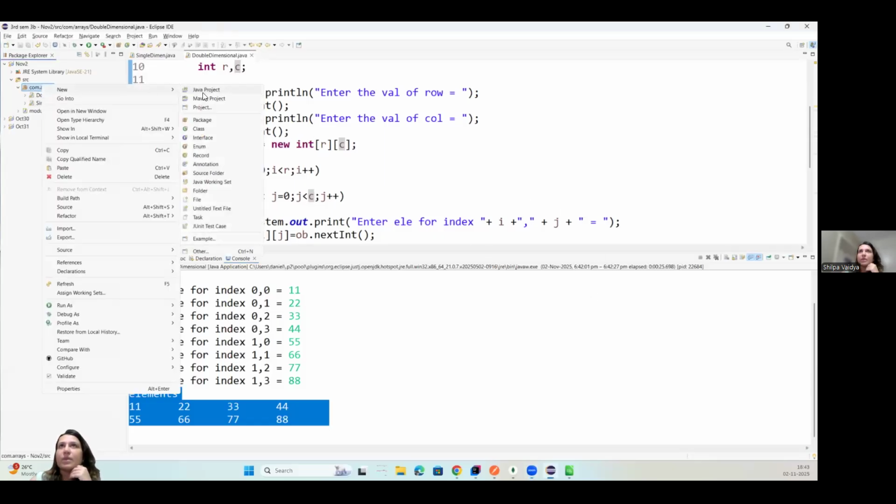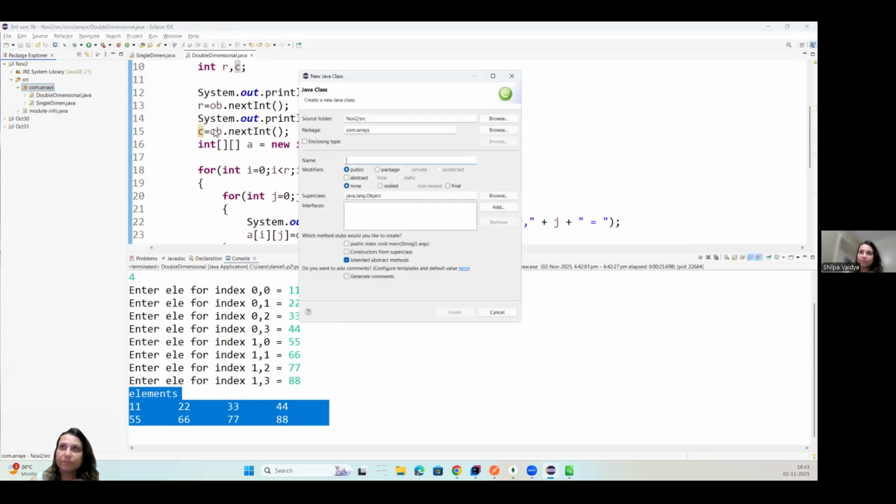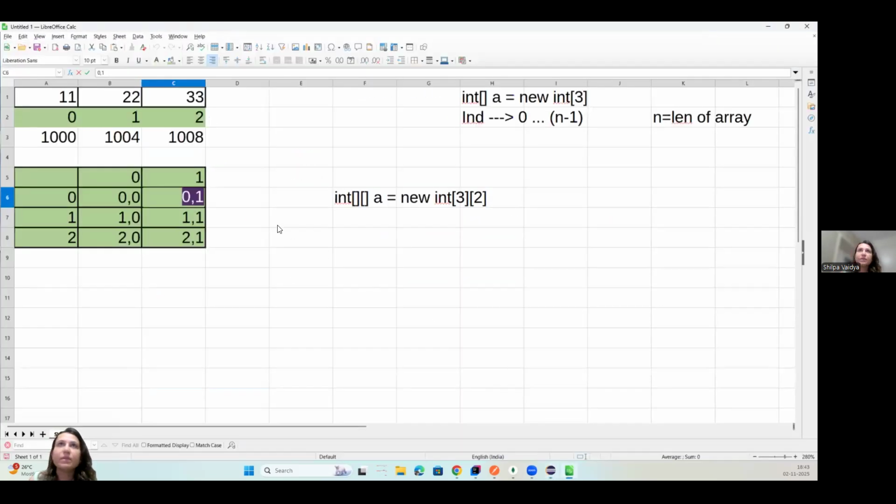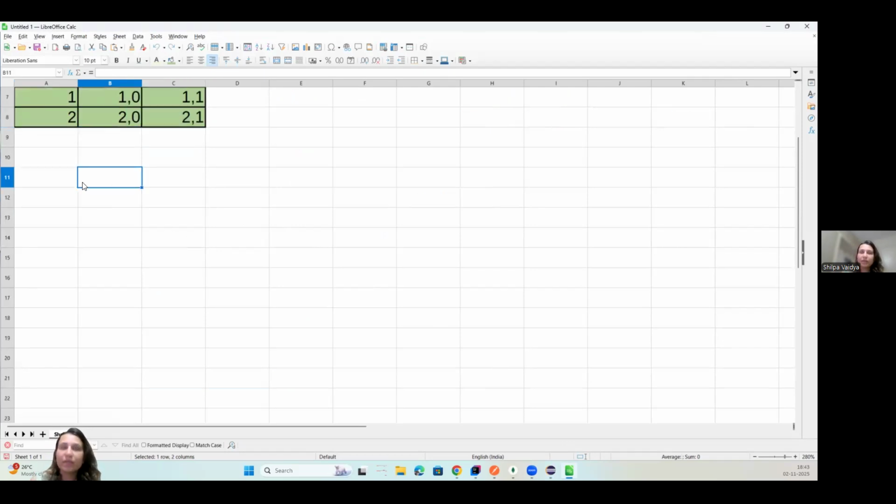Next one is something called a jagged array. Okay, so we'll understand what a jagged array is. If you notice here, in the 2D array, every row had the same number of columns. Like each row had two columns. It is not different. But in a jagged array,